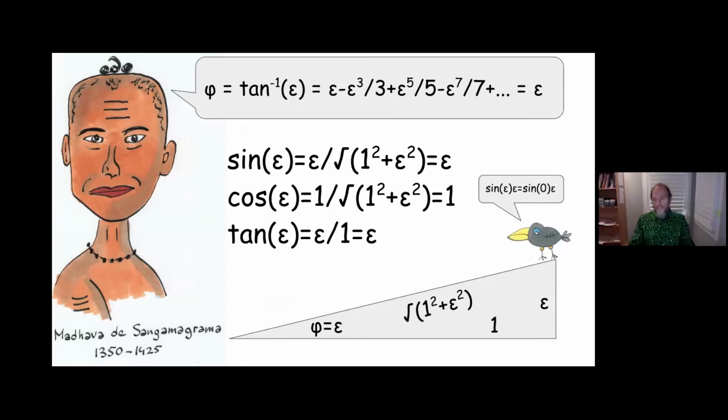But if you do a little bit of geometry, you can show that sine of epsilon equals epsilon, the cosine of epsilon equals 1, and the tangent of epsilon equals epsilon as well. The triangle here shows how you can prove that. We're going to use this now to